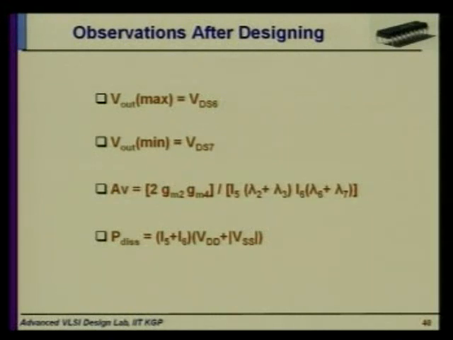Okay, and what is the total current? Total current is basically the tail current flowing through the M5 transistor and the current flowing through I6 and M6 and M7. So multiplying both these things, we will have the power dissipation in the circuit. This will also be given to you before the designing. I mean from the specification you will get the value. So after the designing you will just check whether it is meeting that value or not. Okay.